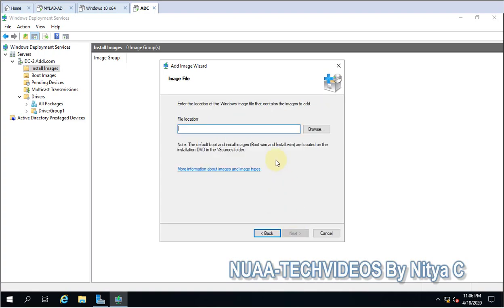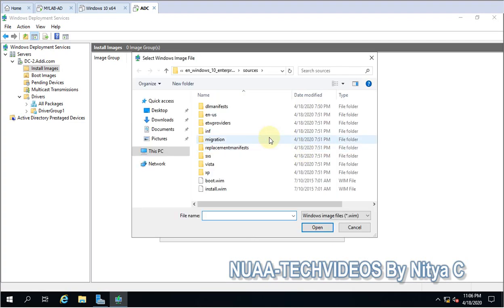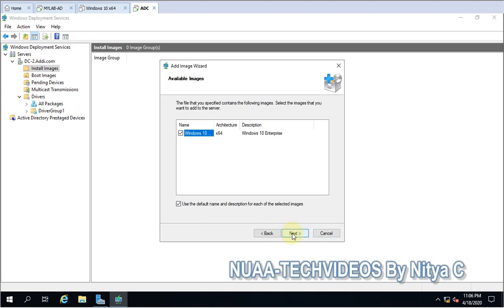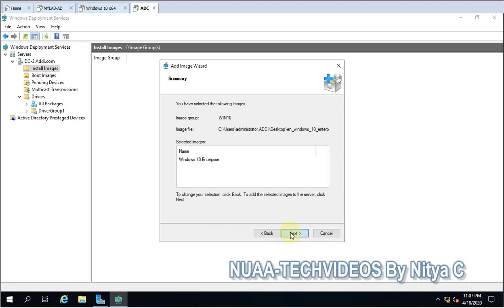So let's go next, and now you have to go to the same location. This is my operating system on the desktop, and here again you have to go into sources and select the file. Last time we selected boot.wim, and this time this is the install image, so we will select this one. Okay, next, and you can see the enterprise architecture is this one. So give it the default Windows 10. Okay,